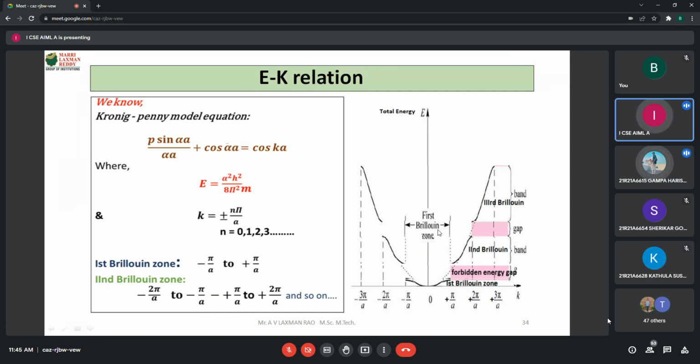What I have observed in the assignment answers you have submitted to me is that you are plotting a single parabolic curve continuously, like this. Don't draw like this. There should be continuity and then some discontinuity. From here you need to start and continue up to this, then give some gap, like this. How do you get all these discontinuities?